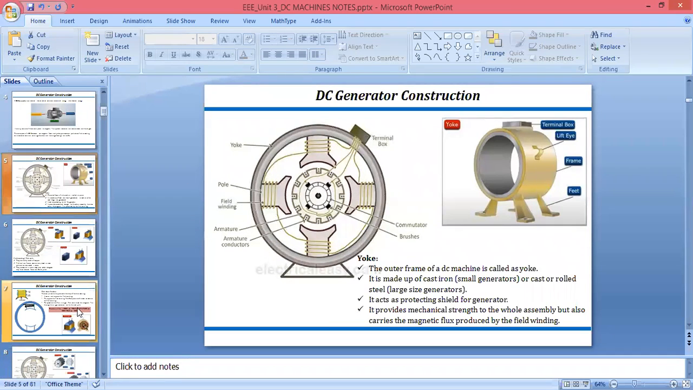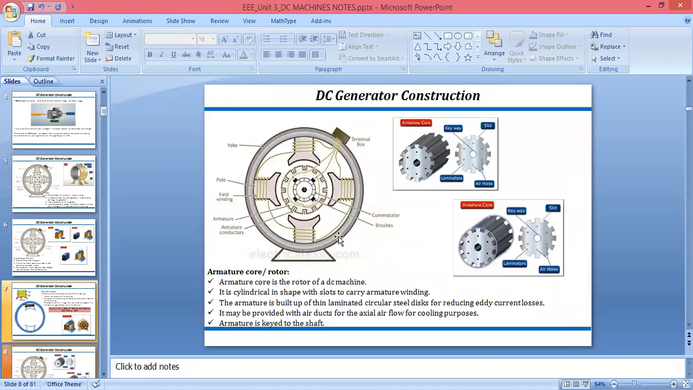So armature is built from the circular steel disc. Okay? It is looking like a circular, and we can make armature by using the steel. So we can say we are using here steel disc for reducing DC current losses, because by using DC generator